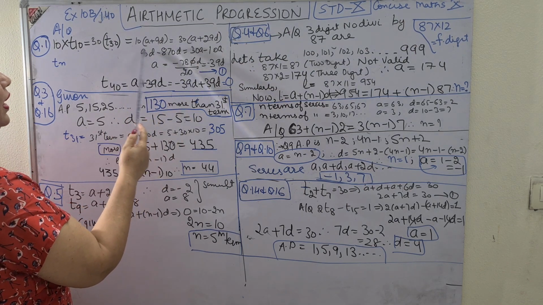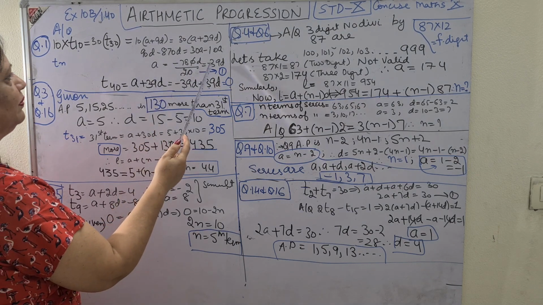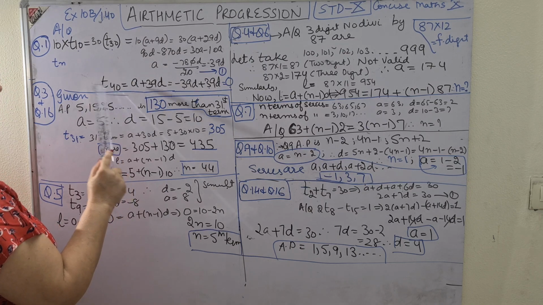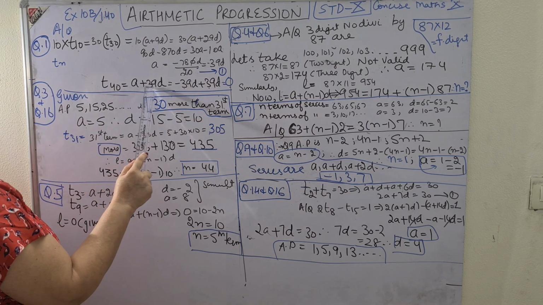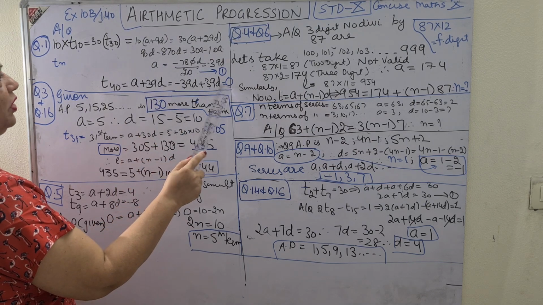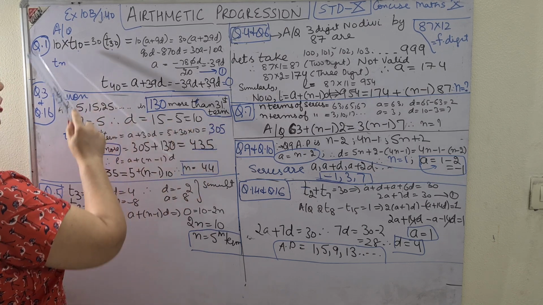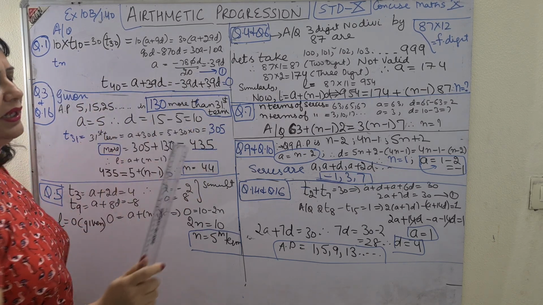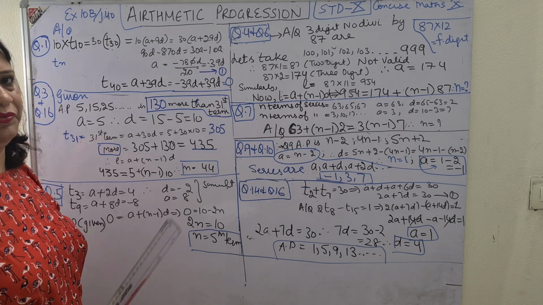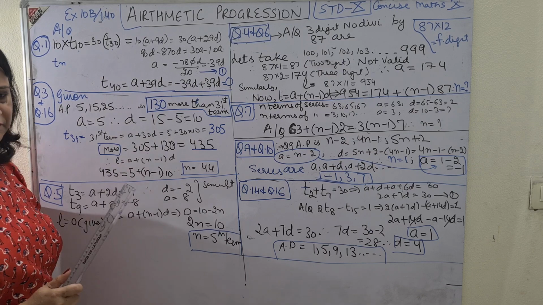So after solving it, I got the value of A and that was minus 39D. Since they had asked me to find the 40th term, T40 is equal to A plus 39D. Substitute the value of A and this is your required answer. So I got 0 as an answer here. This is how you are going to represent. And children, once again, please put the formulas and do the calculations in the rough column and check it twice.